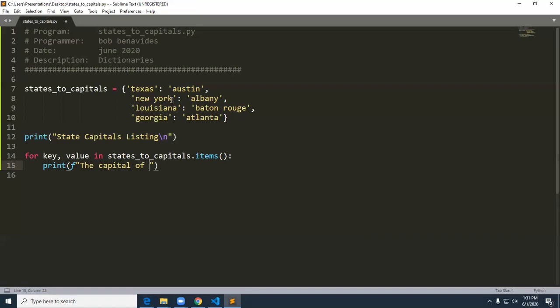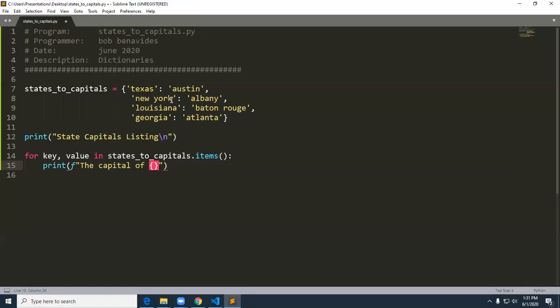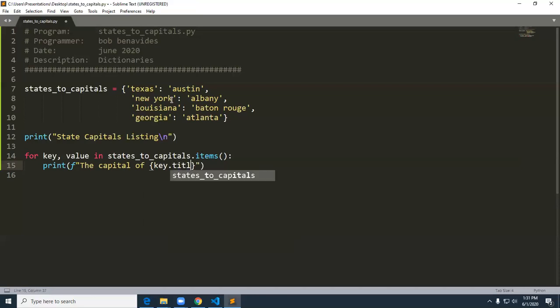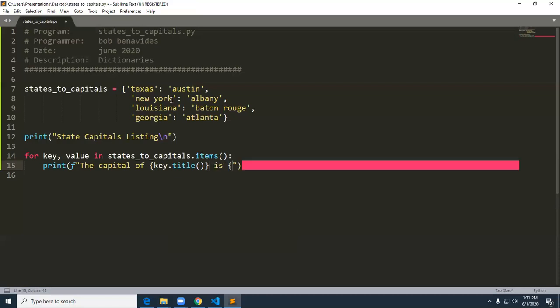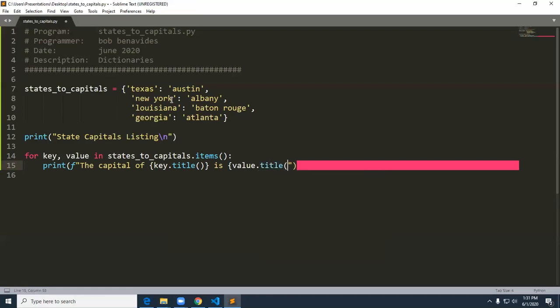we're going to put a little placeholder in here. And the placeholder is going to be keys. And I'm going to give it case, use the title method. Is, and then another placeholder in the string, and then case as well. That'll capitalize the words. We're going to put in a little period in here,